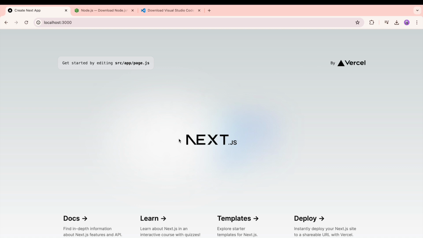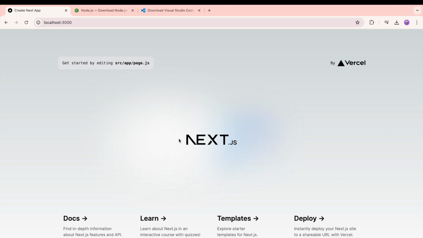And I'll try to create a GitHub repository for each and every section. I'll try to push that section's code into that particular GitHub. That may not be useful for now, but in the future, whenever we go with projects, that will be very useful. So this is how we can set up our Next.js application and run it